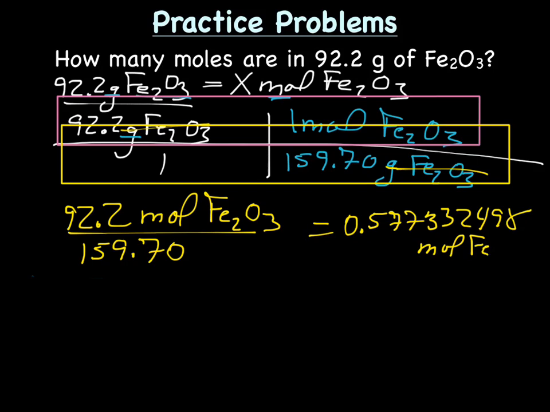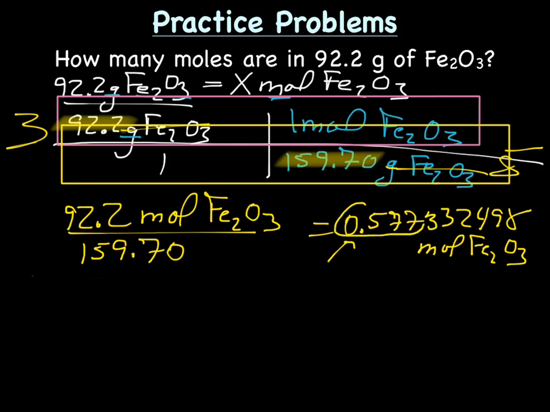Mole Fe2O3. And now we need to go back and look at sig figs. So this number here has how many sig figs? It has 3 sig figs. And this number here looks like 5 sig figs. So our answer needs to have 3 sig figs. That 0 is not significant, it's just a placeholder. So we'll be keeping the 577. Since we're dropping the 3, and because it's less than 5, we just drop it. So our final answer is 0.577 mole